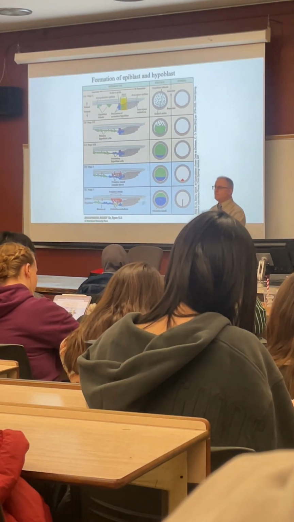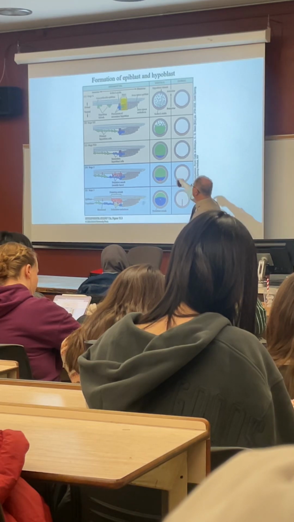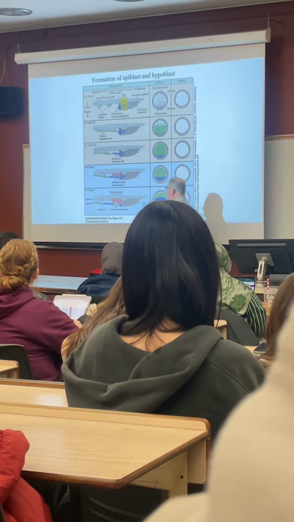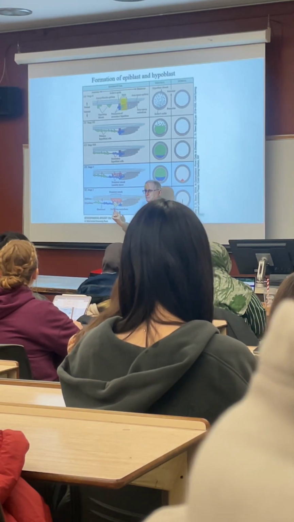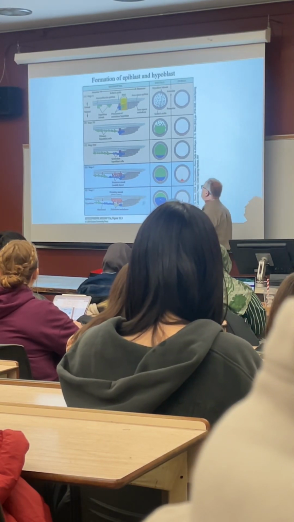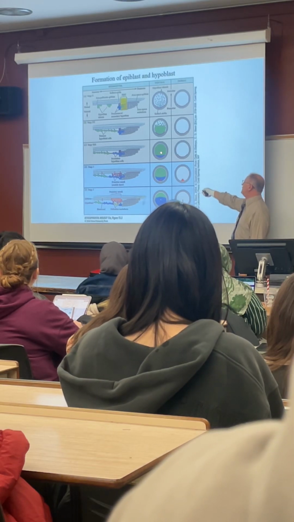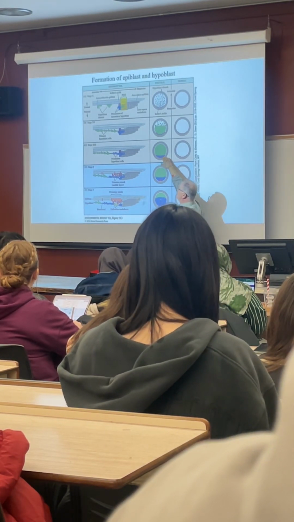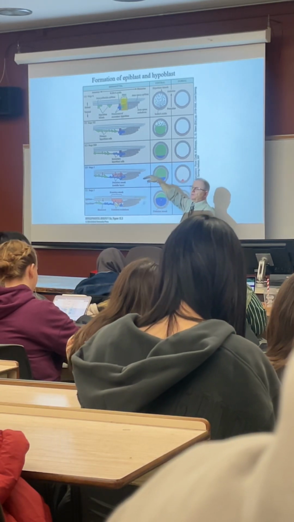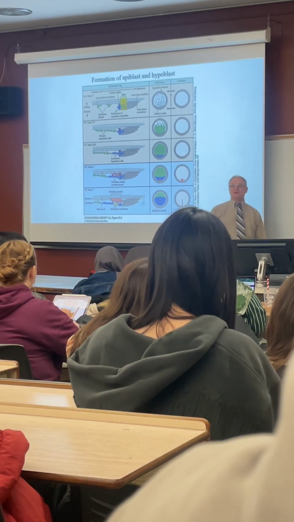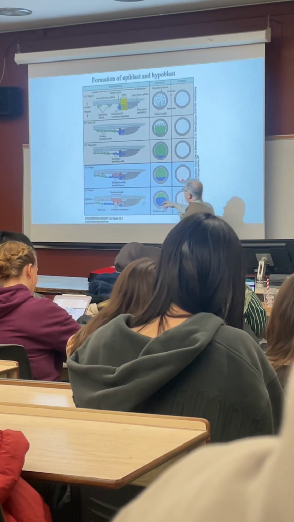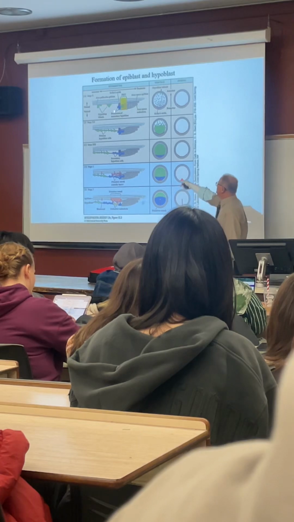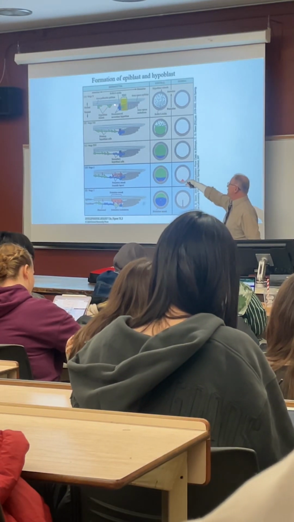What else is this diagram trying to show you here? It's trying to show you that if you're looking from the ventral side, from the bottom of the embryo, you'll see that eventually you're going to form a hypoblast. First you don't have a hypoblast, and then eventually you form one. That hypoblast forms because cells are delaminating from the epiblast, and cells are migrating from this posterior marginal zone. They don't really talk about how the hypoblast is forming. They mention